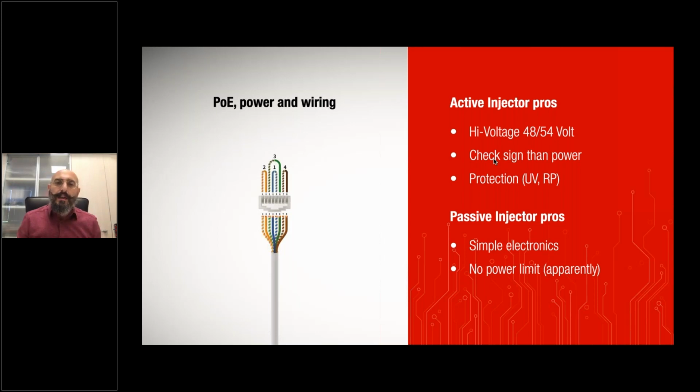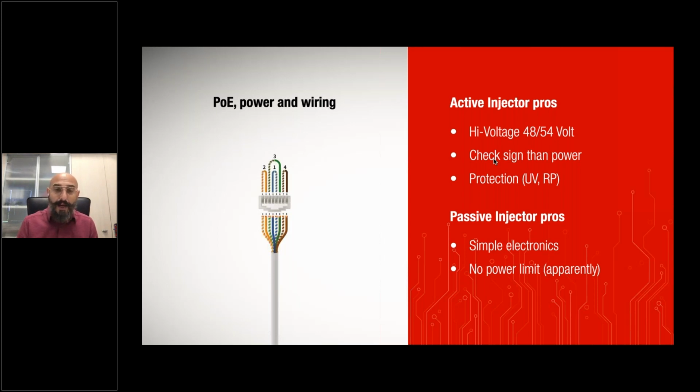This means that in active injectors we have a lot of protections, for example for under voltage and for reverse polarity. If I put a reversed polarity on the device, it doesn't matter, no problem at all. So a lot of protections, a lot of